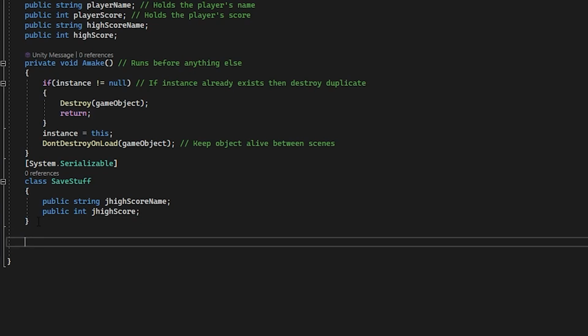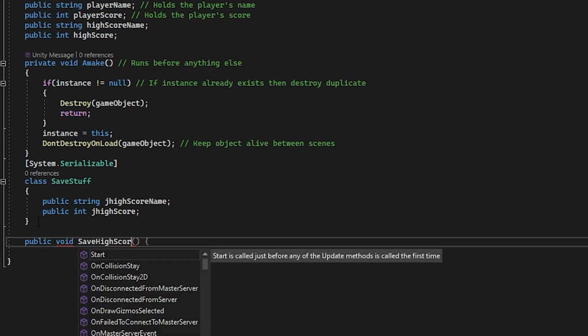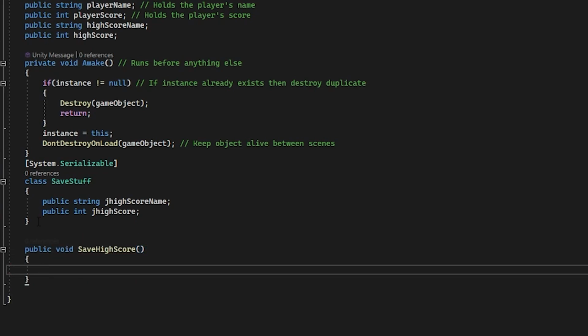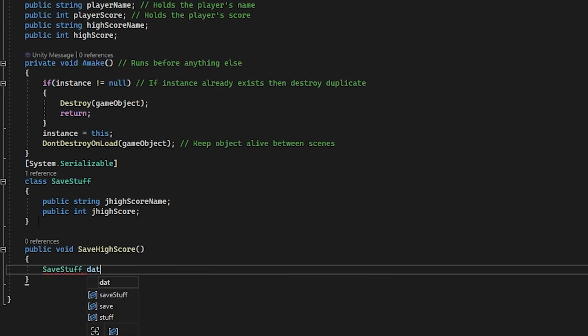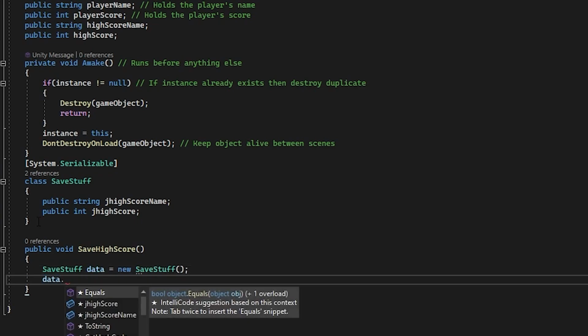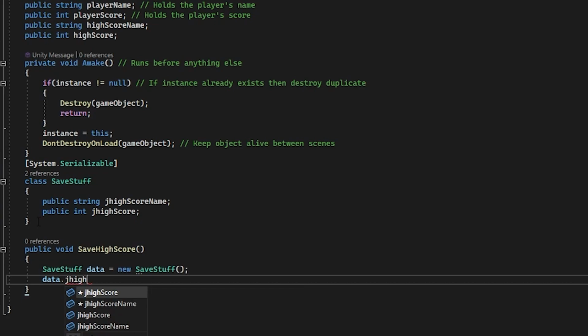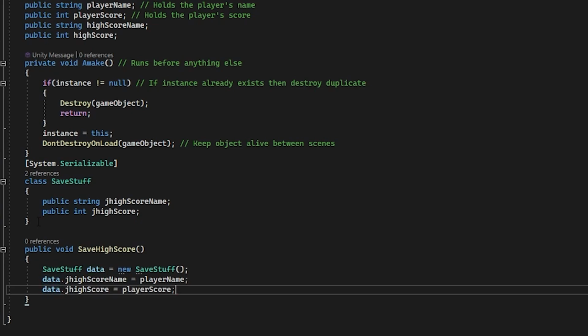So type in public void SaveScore, and then in between the curlies of that function, type in SaveStuff data equals new SaveStuff, and then data.jHighScoreName equals playerName, and then data.jHighScore equals playerScore,